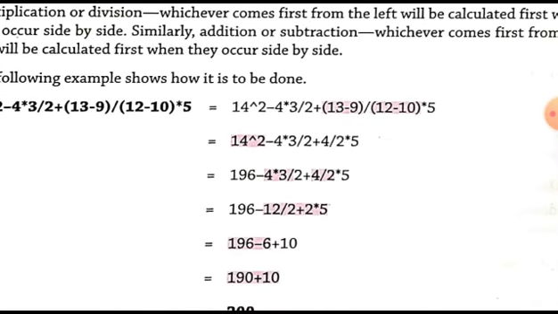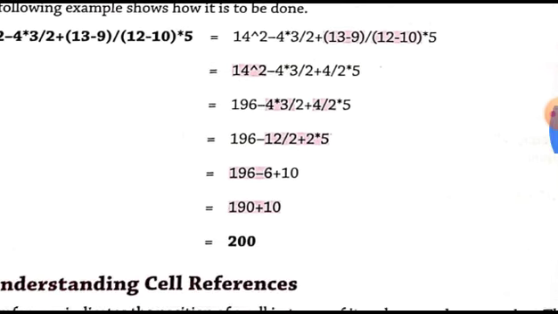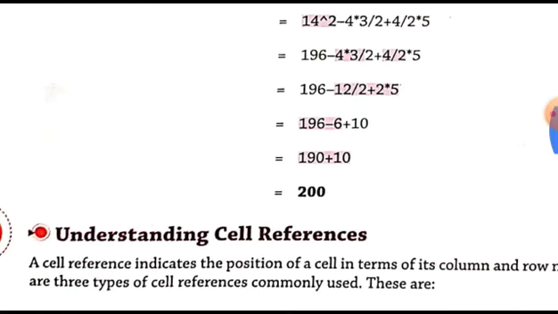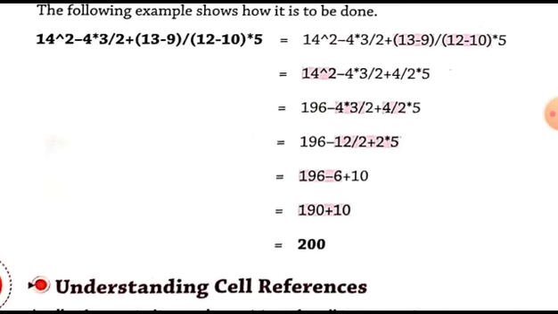In the order, first of all the bracket, then the power, then multiplication and division. First the multiplication, then again multiplication or division, and after that subtraction is done. Then in the last, the addition is done. So in this order, in this hierarchy of operators, any expression in Excel will be evaluated. This order will be followed for evaluating each and every numerical expression in Excel.